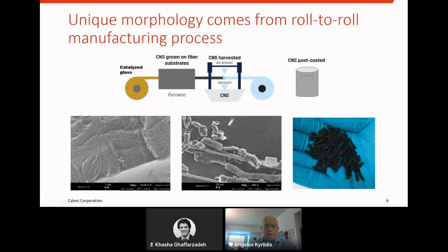And then we use high-pressure air knives to essentially harvest the carbon nanostructures that are grown off the surface of the fiber and collect these, what we call flakes of carbon nanostructures, post-coat them, and then extrude them into